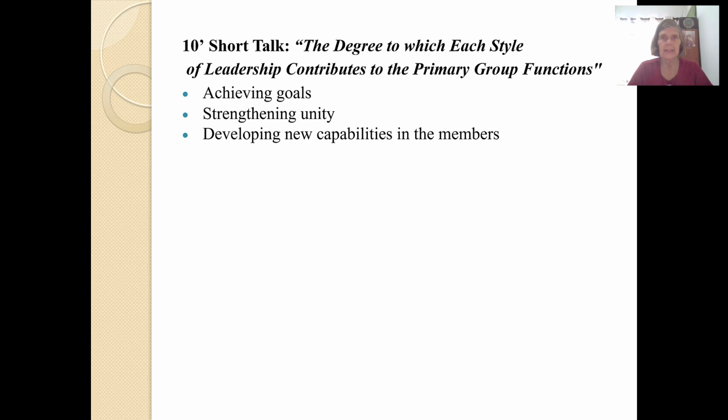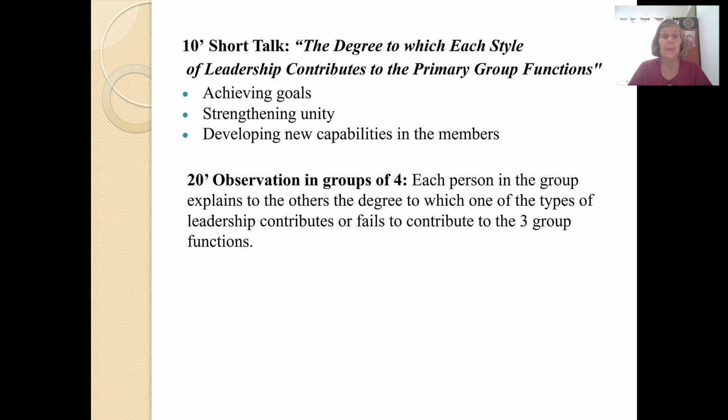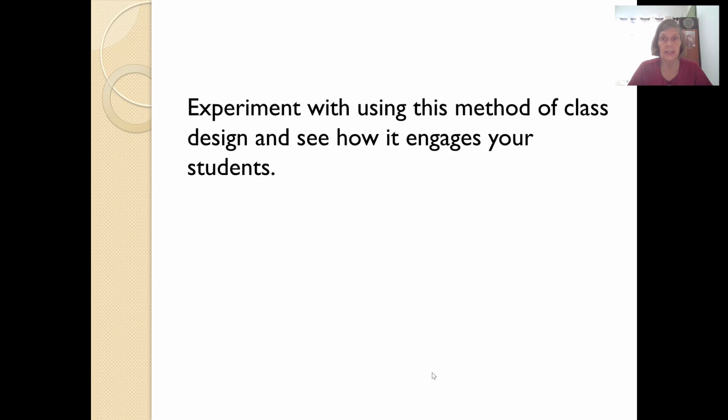For conceptualization, I would give a short talk on the degree to which each style of leadership contributes to the primary group functions of achieving goals, strengthening unity, and developing new capabilities in the members. And as an application, we could do observation in groups of 4, in which each person in the group explains to the others the degree to which one of the types of leadership contributes or fails to contribute to the 3 group functions. I invite you to experiment with using this method of class design and see how it engages